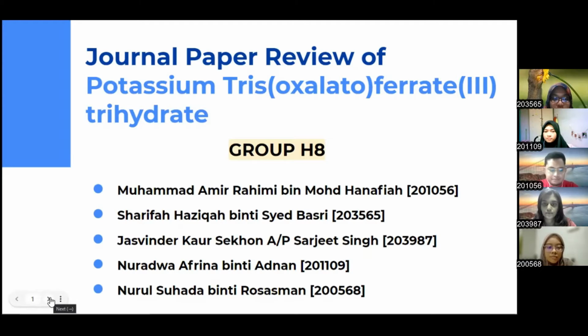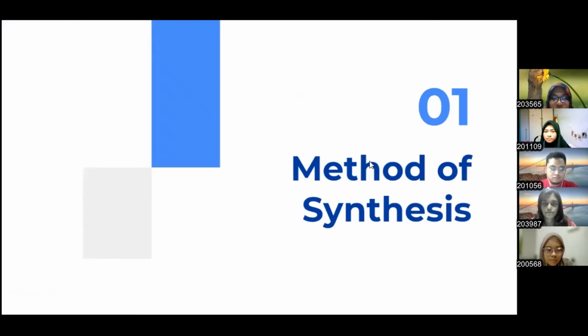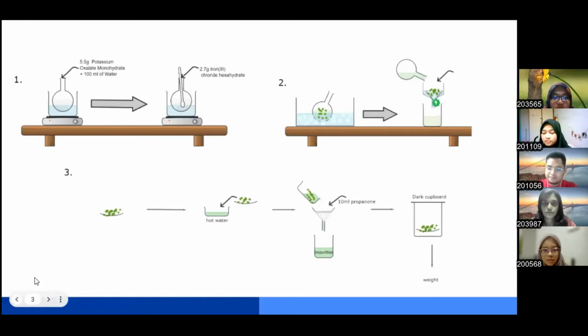Okay, first we will present about the method of synthesis. For the first step, we will add 5.5 gram of potassium oxalate monohydrate in 100 ml of water in a 100 cm³ volumetric flask, and we will heat it in a steam bath. After that, we will continue stirring it while adding 2.7 gram of iron(III) chloride hexahydrate, and it will slowly